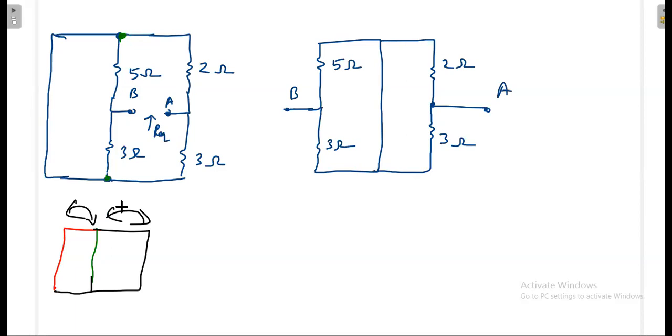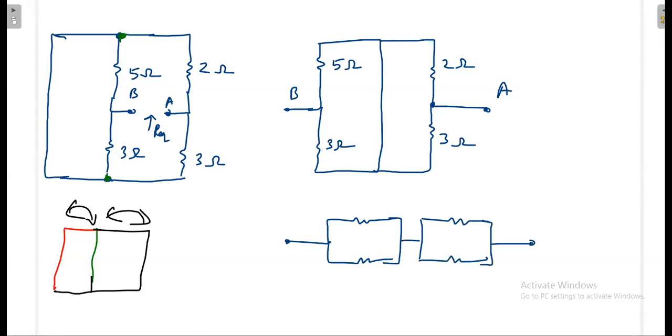My aim is to find out RAB. So for that, conveniently, I am changing this. Nothing will change, everything will be as it is. Now, again, this also you can modify. If you really observe, this is something like this only. You can consider it like this.